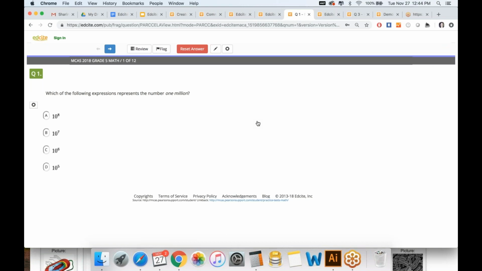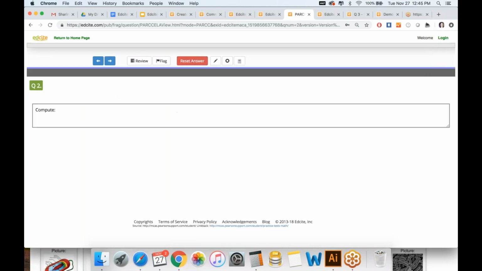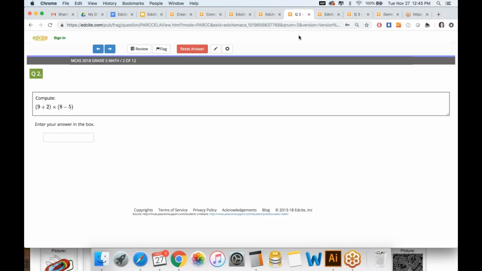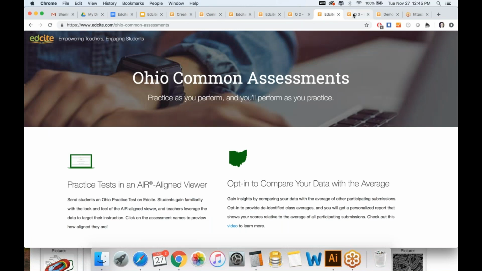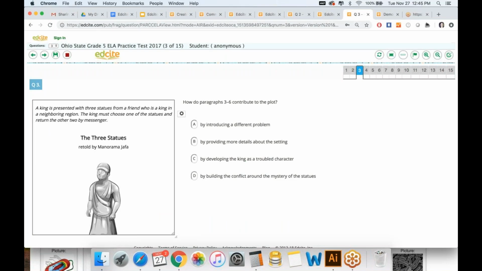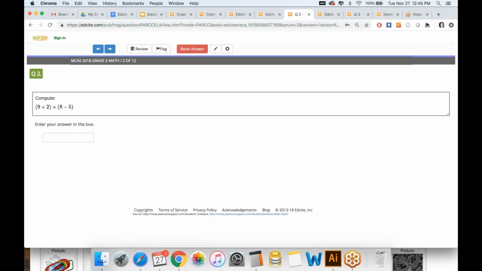So whether you're in Illinois, Maryland, Massachusetts, or New Jersey, we've got the PARCC-like viewer or the MCAS-like viewer to make sure that you can get students familiar with that top navigation. You'll notice the difference between this Ohio test versus this MCAS test, the navigation is very different.